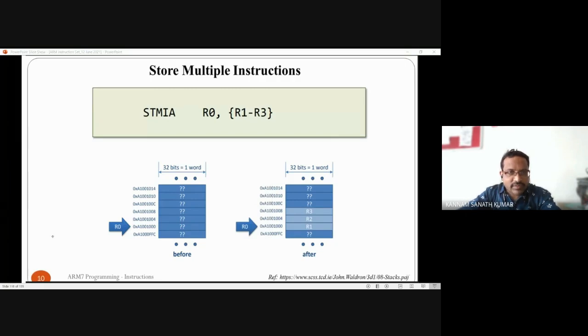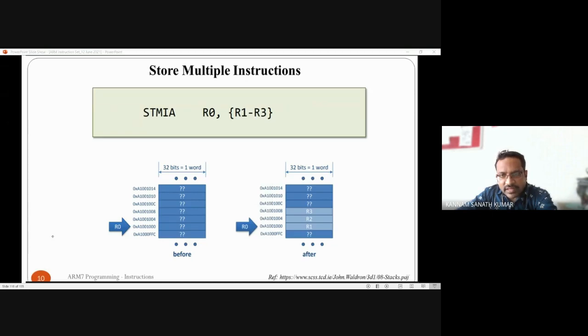Okay, so see here, the stack pointer is nothing but, as I told you, in our ARM, R13 is used as the stack pointer. So the base address, whatever our stack pointer or R13 is, will be pointing to the address location 0xA1001010. Now what you are doing, first you are decrementing before. So 10 in hex is 16 in decimal, and C is 12. So 16 minus 4 is 12. So you are getting C, which means you are getting 100C.